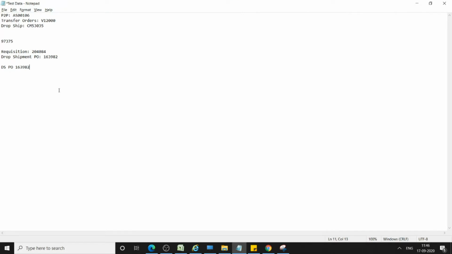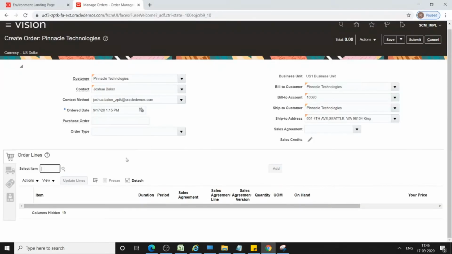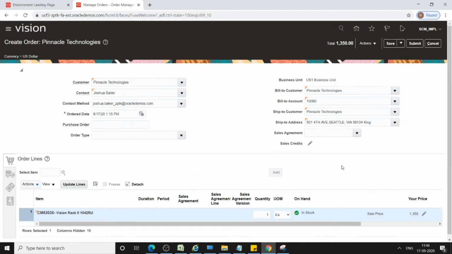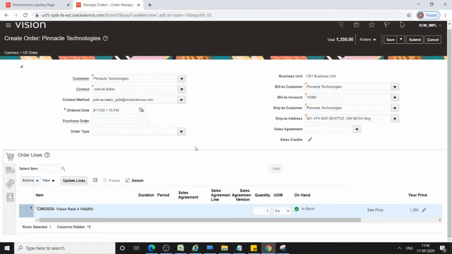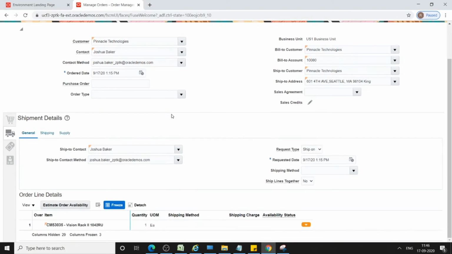For this demonstration I'm going to use the item CM53035. Let me enter this item and tab out. Click on add. The item is added, and from shipment details just check the general details and request type.